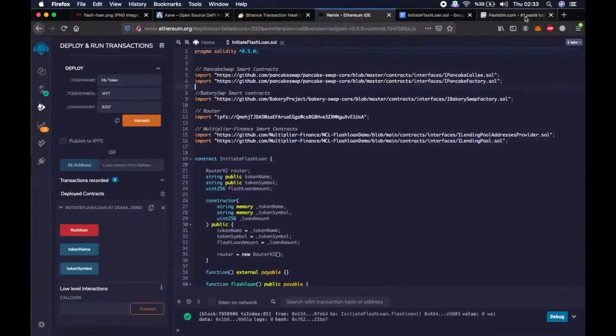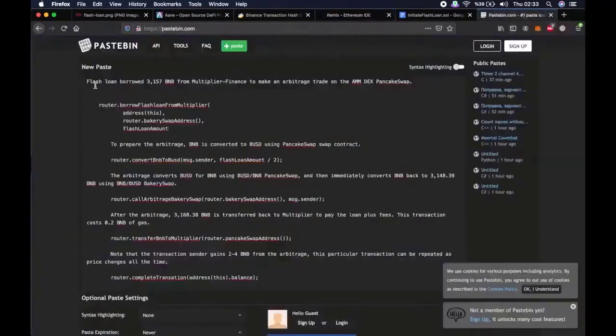And if you want, let's briefly examine what the script did. I explained it here. The Flashloan borrowed 3,157 BNB from Multiplier Finance to make an arbitrage trade on the AMM DEX PancakeSwap with this function. Then, to prepare the arbitrage, BNB is converted to BUSD using the PancakeSwap swap contract. Excuse me. With this function, the arbitrage then converts BUSD for BNB using BUSD/BNB PancakeSwap,